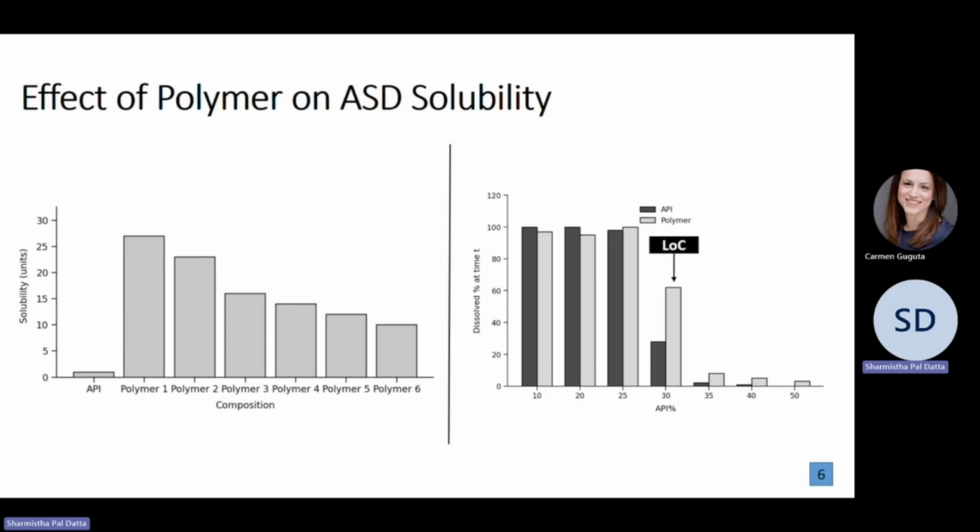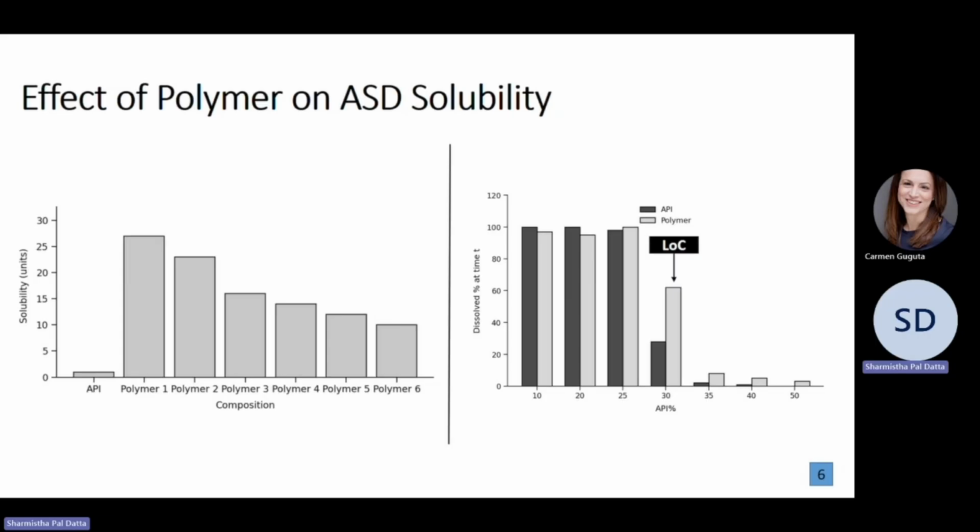The importance of this LOC is that if the polymer concentration is below the LOC, the enhancement of the solubility of the API is really not that much. The enhancement really picks up when the polymer concentration is more than the LOC. So it is right now understood that if the polymer concentration is above the LOC limit,